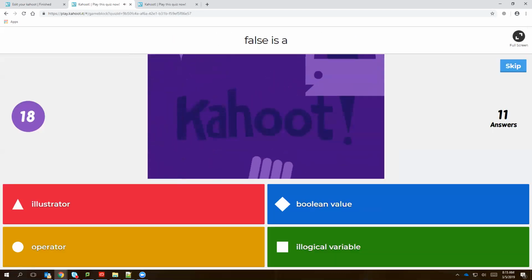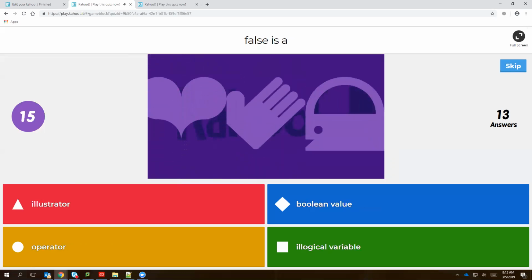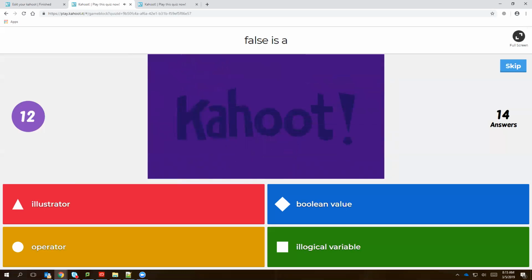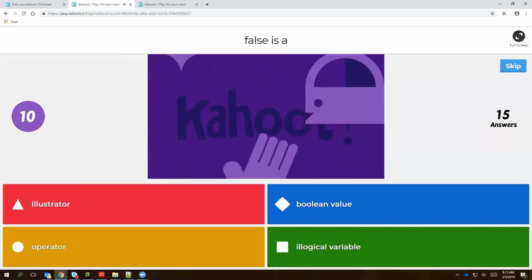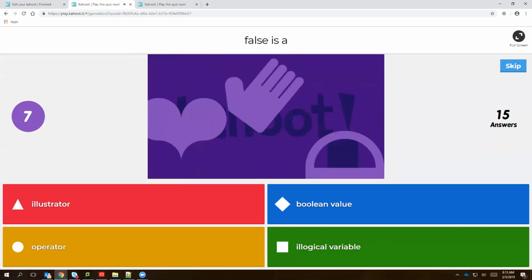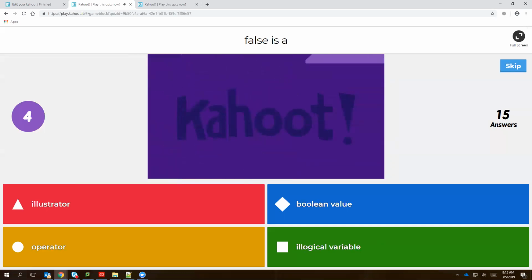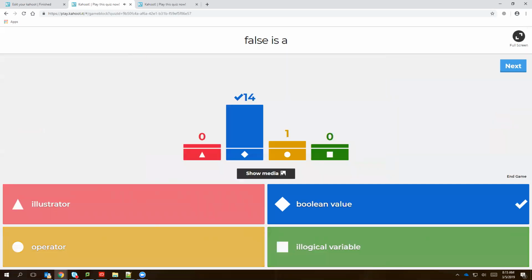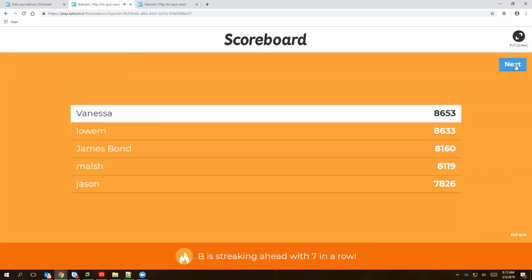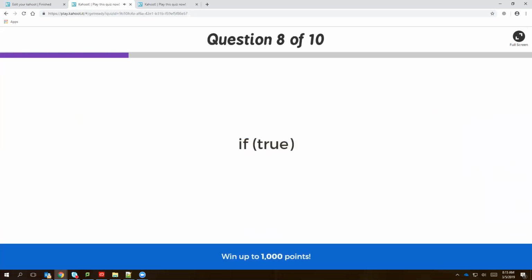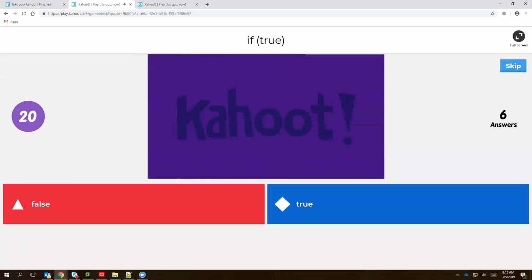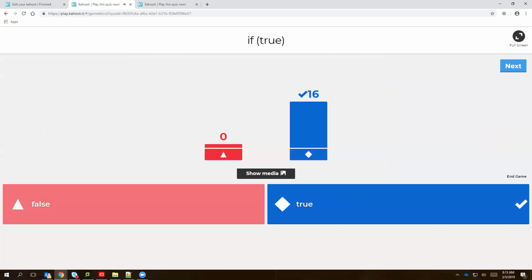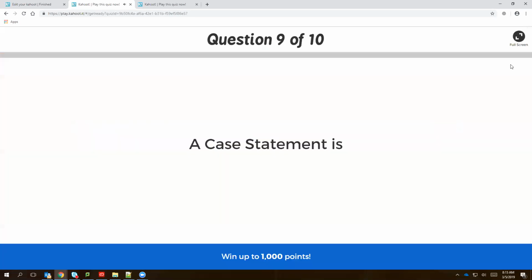False is a... Good job. Somebody clicked the wrong color by accident, right? We'll just say that. What about this? What's this? Oh, buzzer board. That's what we like. I got it. A case statement is,